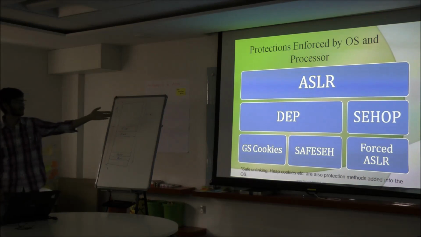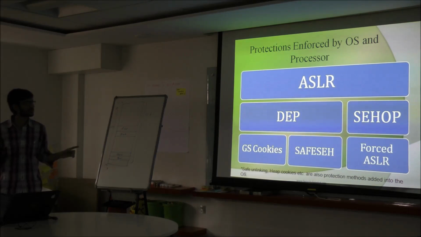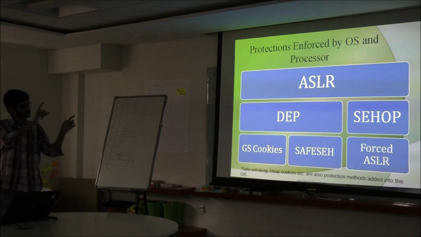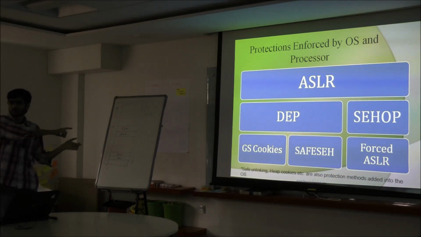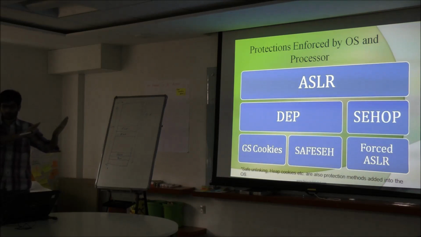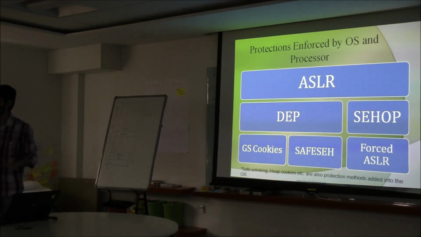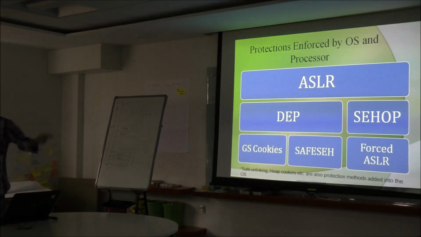This diagram covers the most notable ones. These terms may have been coined by Microsoft or maybe some other researcher, but these are the names that are in the documents. And there are some protections that are not in the documents but were implemented by the operating system, or more specifically, by the vendor Microsoft.